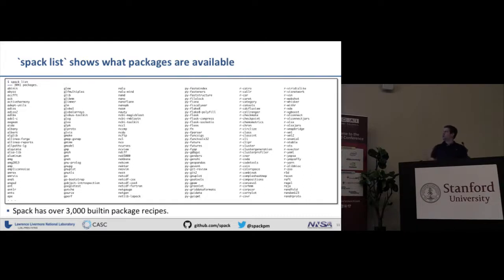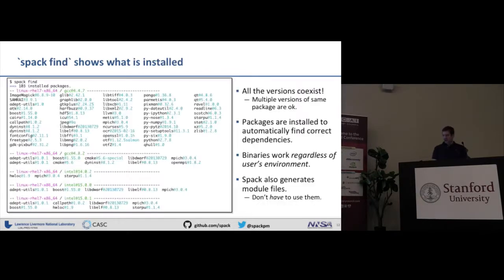Note that on this screen, those are just package names. They're not specific versions or anything. Those are all templates. Those are the things that you can try to build. And then if you want to see what you've actually installed, there's another view. So if you type spack find, then what you'll see is the exact versions and the configurations, the compilers that